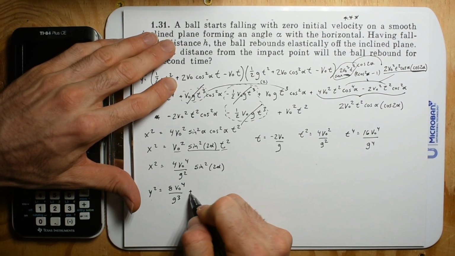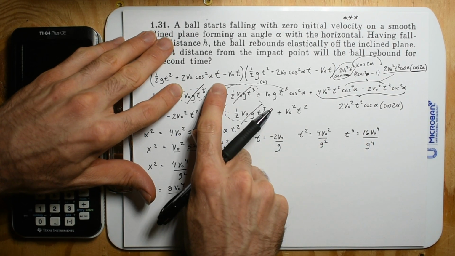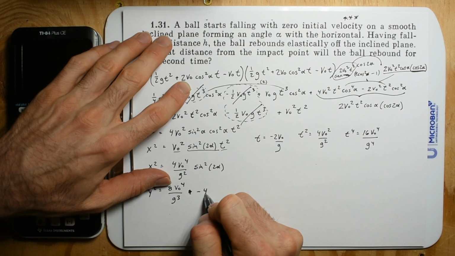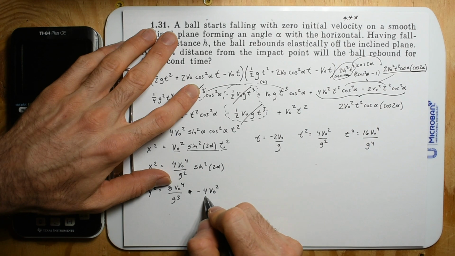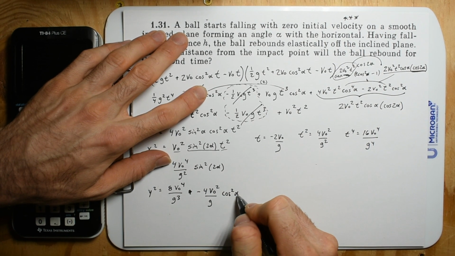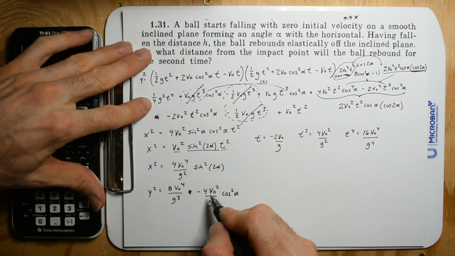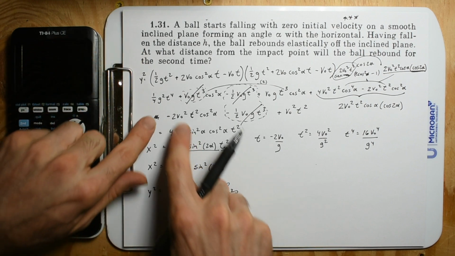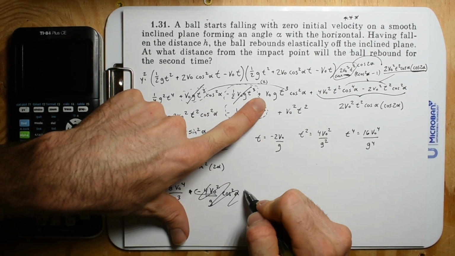Okay, now we're going to add it to, if we throw in t for this one, we actually get negative, so we get -4 v naught squared divided by g, and we get cosine 2 alpha. What the hell are we doing, man? I apologize. I was like, why isn't that working out at all? So no, we're doing these. So here's our next term. Sorry about that. So we got plus,